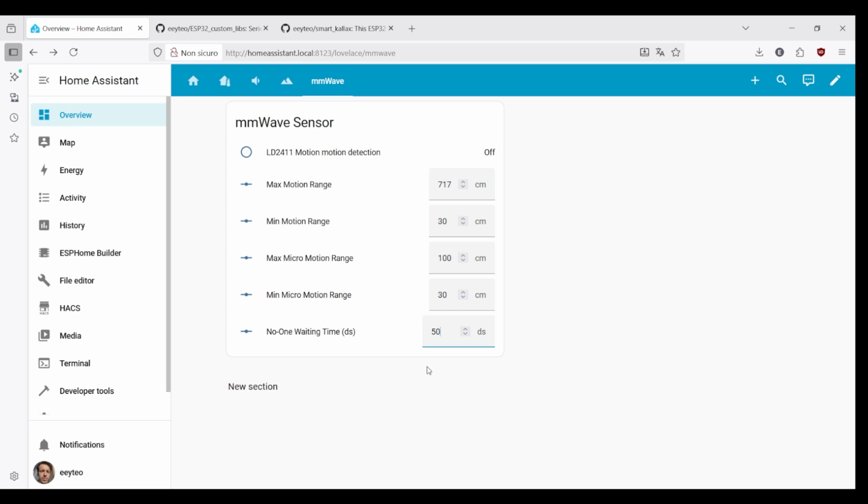Hi everyone, in the last video I showed you how to integrate the get function of the LD2411s motion sensor into Home Assistant. I've developed also the set function, so at the end of this video we will be able to get the state of the motion detection variable, and also we will be able to set the 5 parameters